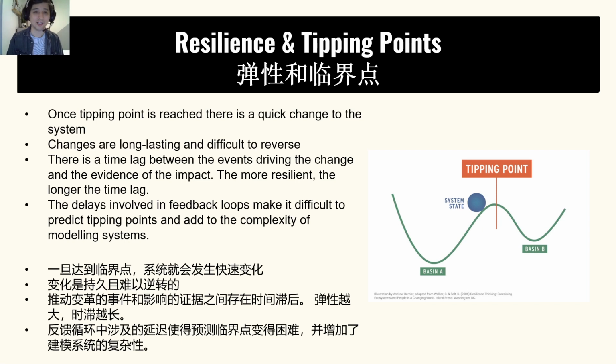So it's very hard to predict, and that time lag between when the disturbance happens or when the change starts happening and when the effects start showing make it very hard for scientists to predict when the tipping point will be reached. So an example of this might be climate change, right? So what might be happening is the Earth is trying to survive climate change, the world getting hotter and hotter, but there might be a time, and it's hard to predict, where suddenly rapid change happens, and scientists have a hard time predicting that.